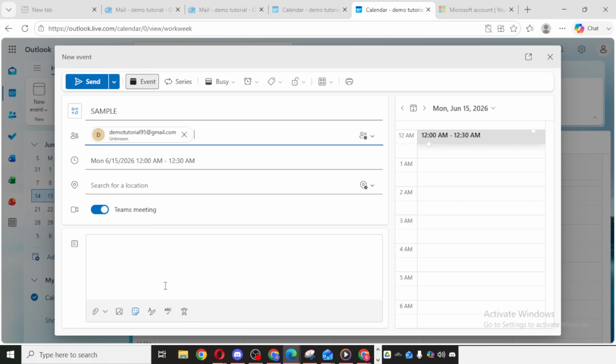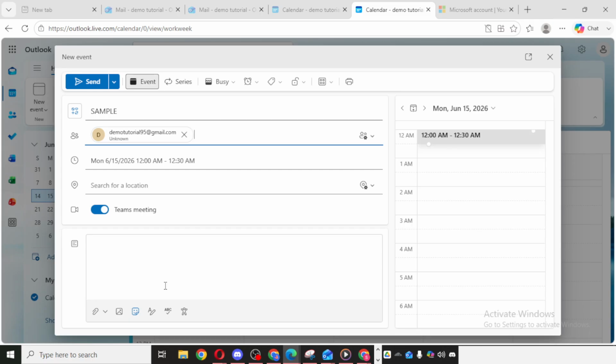You can also write a message in the invitation. This is useful if you want to include extra context, an agenda, preparation notes, or any important details attendees should know in advance. Keeping this message short and clear can help everyone come prepared and understand the purpose of the meeting before it begins. Once everything is filled out and reviewed, click Send.